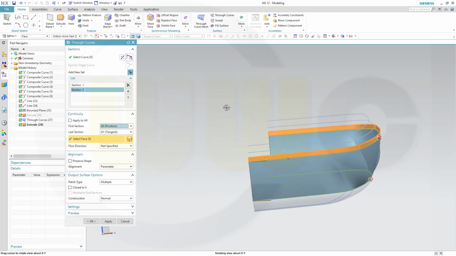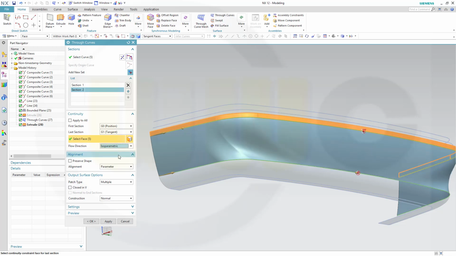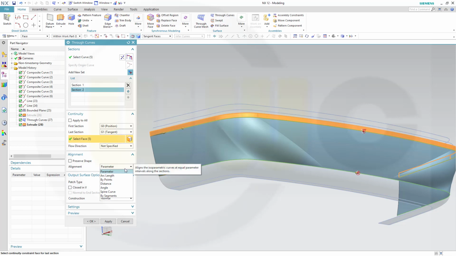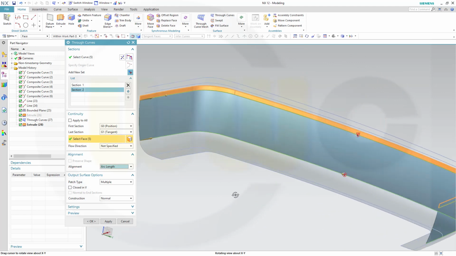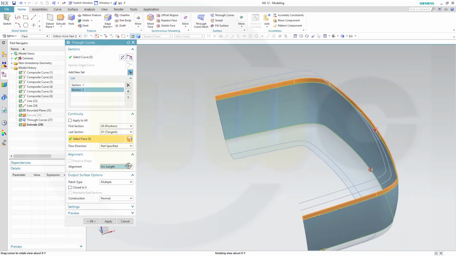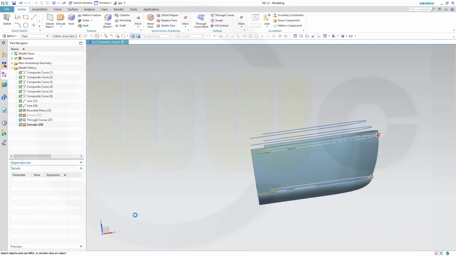This doesn't look too good. So let's take a look. If we go perpendicular, no. Isoperimetric, no. Not a real improvement. Preserve shape, no. Perimeter by segments, arc length, yeah, arc length is the best option. And okay,